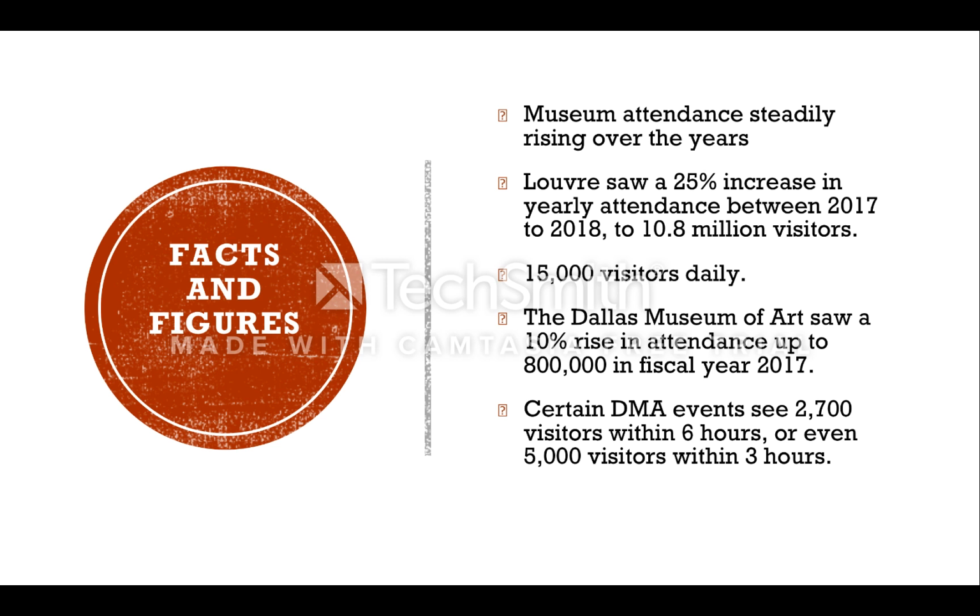So we use the DMV as an example. The DMV had over 800,000 customers last year. For special events, the DMV will have 2,700 visitors in 6 hours, sometimes even more. We are going to have 5,000 visitors within 3 hours. So you can imagine how crowded it is inside the museum, especially for the holiday exhibition. In order to save people's time and let them enjoy their time in the museum, we have this app, Museum Heat Map